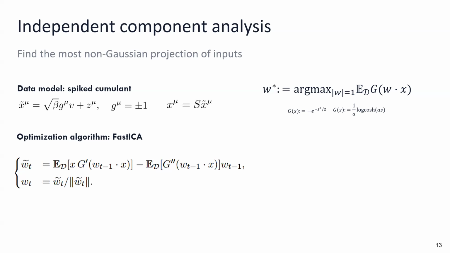I won't go into details on the algorithm. It's just a fixed point iterating algorithm of second order. It's not particularly exciting. And then we study the overlap. This is our guess for a solution, and V is actually the spike that is inside the system. And so we want to study alpha. If alpha is large, it means we found the solution. If alpha is small, it means we are still not finding it. And at the beginning of the training, since W is random, alpha will be 0, scaling with 1 over square root of d.